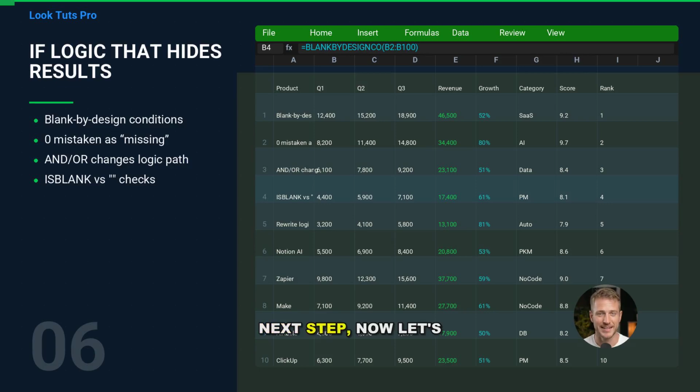Next step. Now let's talk about the most common blank-on-purpose pattern, IF and its relatives. Many spreadsheets contain logic like, if input is blank, return blank. That's fine until the input isn't truly blank, or the condition is written too broadly. For example, checking equals empty quotes will treat empty strings as blank, but not true blanks, in the same way